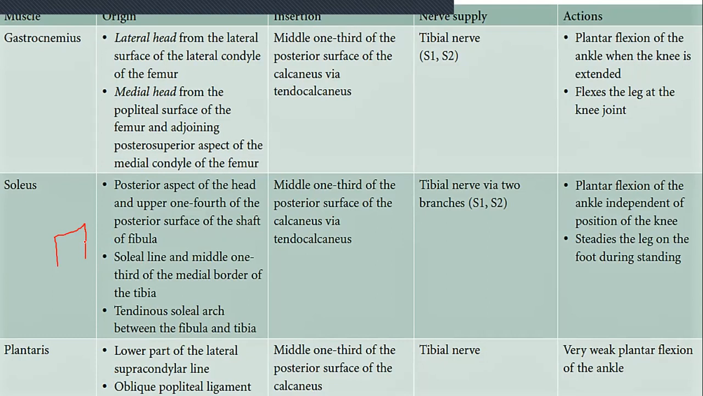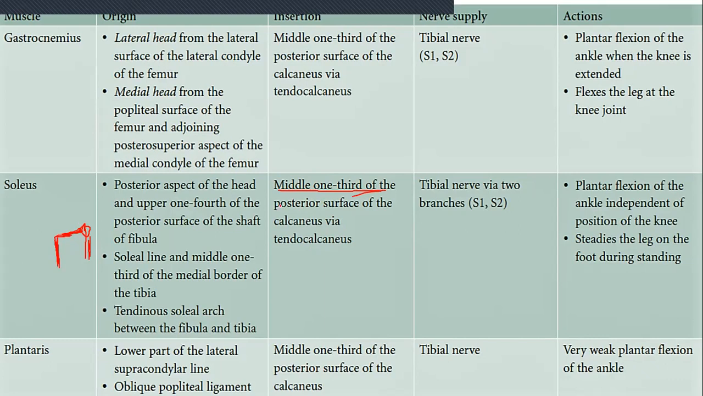Here is the posterior aspect of the head, the head of the fibula somewhere here, and the upper quarter of the posterior surface of the shaft of the fibula. And here will be your soleal line, somewhere here, and the middle third of the medial border of the tibia here. Then the soleal arch will be between here. So it has a horseshoe shaped origin, and it is inserted the same way via the tendocalcaneus,